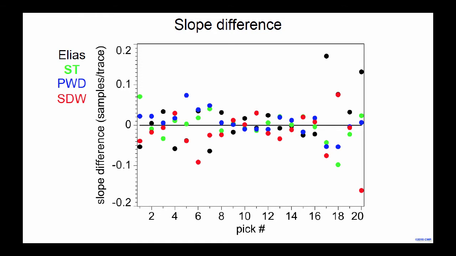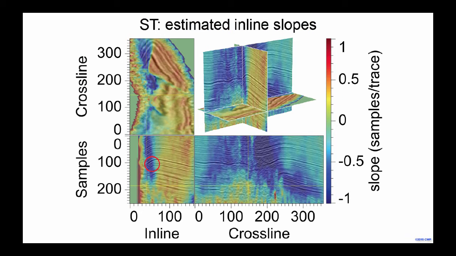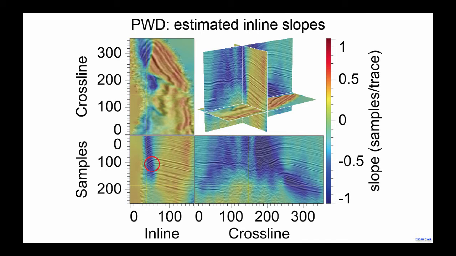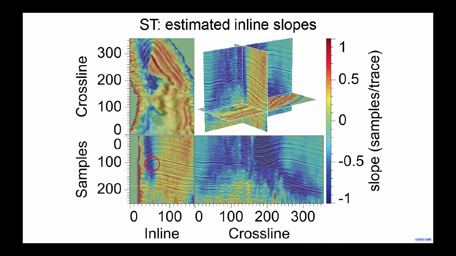And so to first start, let's take a look at what it means to have a slope difference highlighted here by the red ellipse for a slope value not quite equal to 0.1. So here are the estimated inline slopes for the structure tensor method, and I'd like for you to keep your eye on the area highlighted by the red circle. Now if I move here to the plane wave destructor method, smooth dynamic warping, plane wave destructor, structure tensor, we